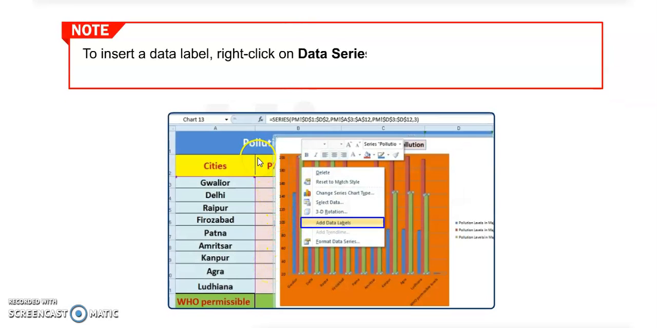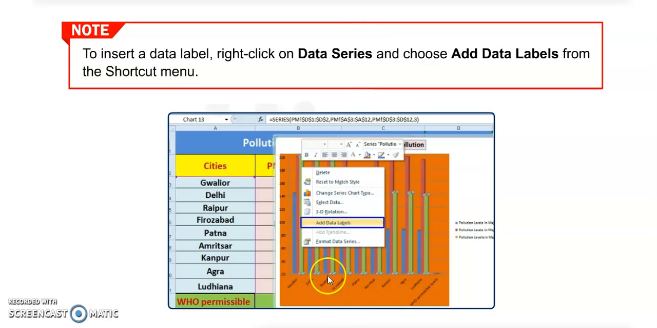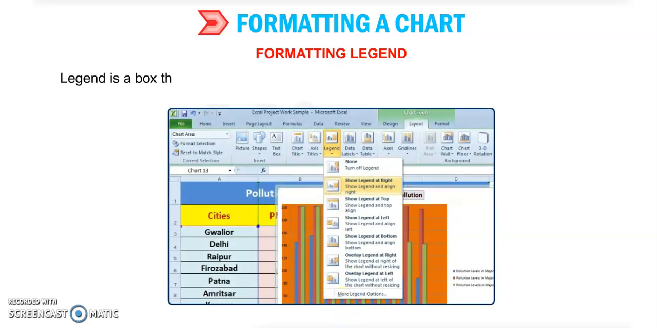To insert a data label, right click on the data series and choose the Add Data Label option from the shortcut menu. Now the next option in formatting a chart is the legend. We can format the legend also. Formatting legend. What is a legend? A legend is a box